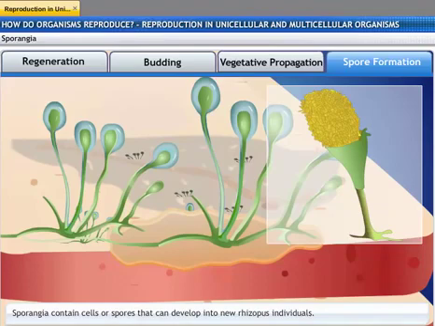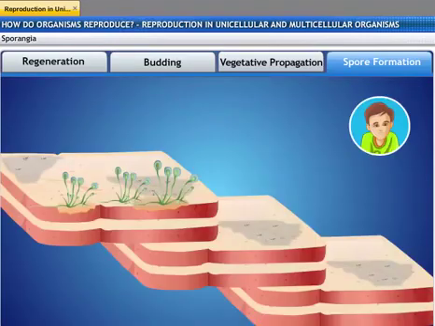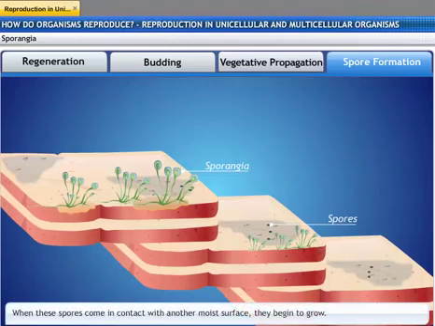They contain cells or spores that can eventually develop into new rhizopus individuals. These spores are very light. They are covered by thick walls that protect them. So how exactly do these spores develop into new rhizopus? When the sporangia mature, they release spores. These spores keep floating in the air and eventually attach themselves to a surface that is moist, and then they